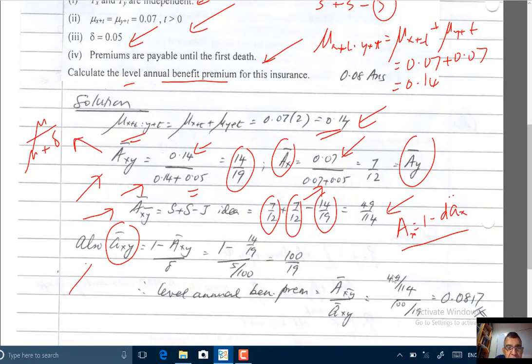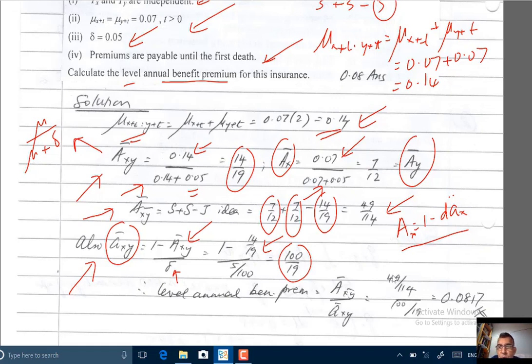our annuity function a bar xy, or you can call it axy bar. So that will be 1 minus a bar xy over delta. Plug in the numbers. 1 minus 14 over 19 divided by delta is 5 over 100. You will get 100 over 19. We're looking for the level